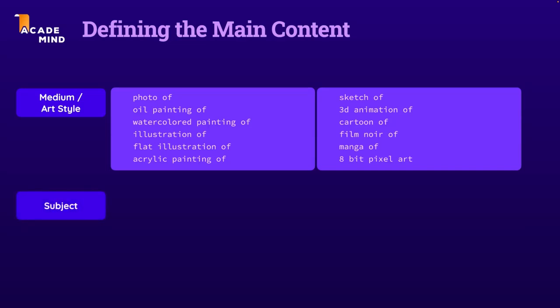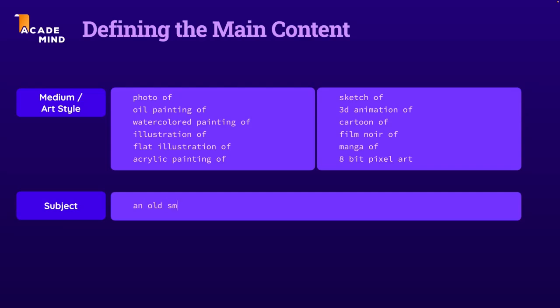The subject so far was pretty easy, it was just a pirate, but the subject generally should define what is the core content of this image, what should this image be all about. In our case, the pirate is the center and the main element of the image. And we could be a bit more explicit. So for example, we could say an old smiling pirate standing on his boat. By adding this prompt or by adjusting the prompt according to this, we should hopefully get a happy old pirate